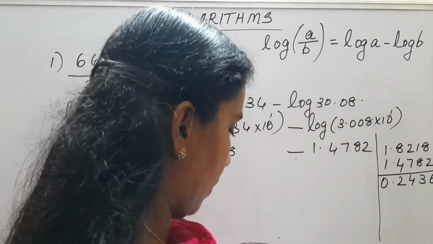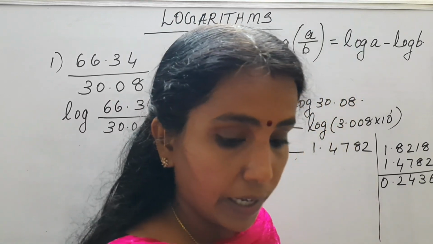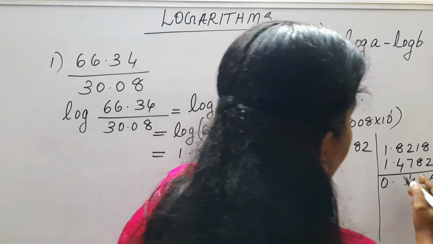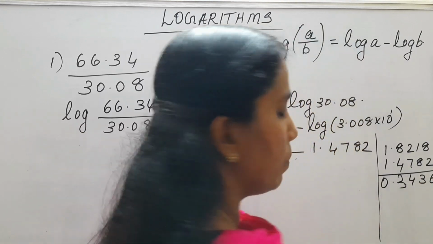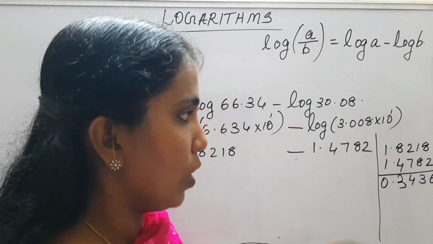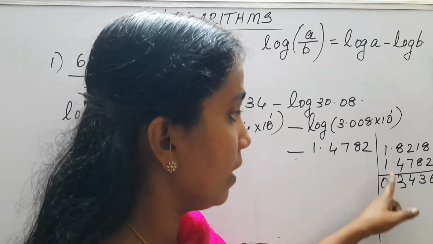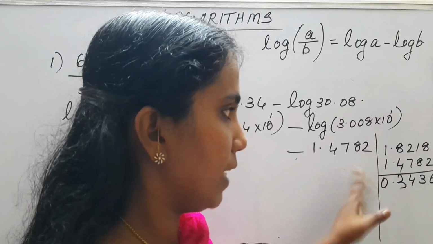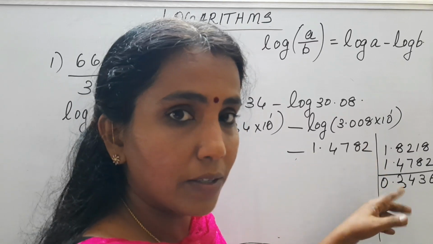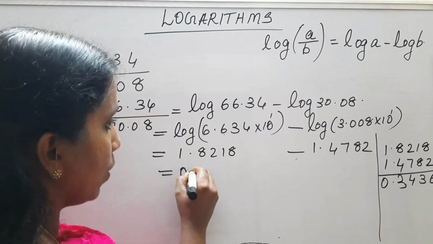So be careful while performing subtraction, otherwise you will go wrong. Is this clear now? 8 minus 5, 3 you will get here. Then 1 minus 1, that is 0. Both the exponent parts are 1, so 1 minus 1 is 0. So what you get here is